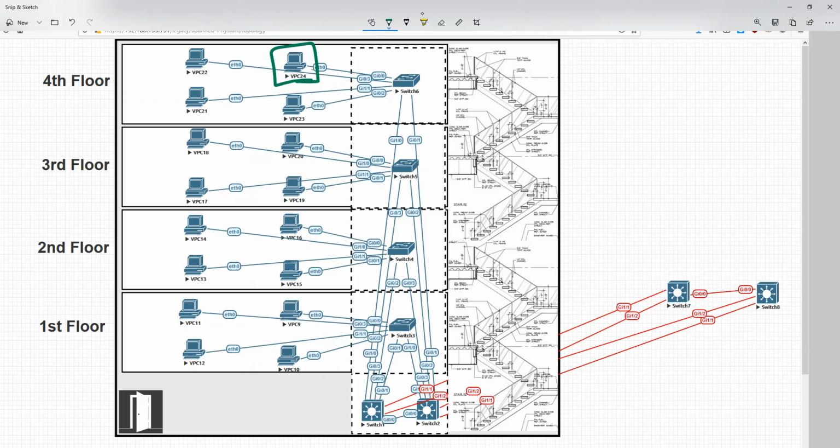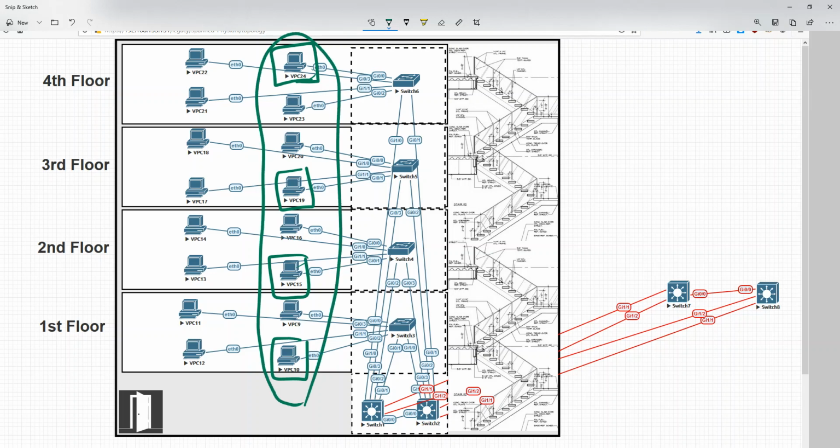So we had a VLAN 20 here, maybe a VLAN 20 here, VLAN 20 here. So we can actually cover multiple floors. We actually have the VLAN going across all of the floors, it's spanning right across, and like I say,